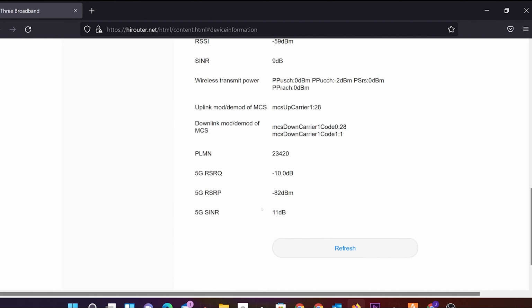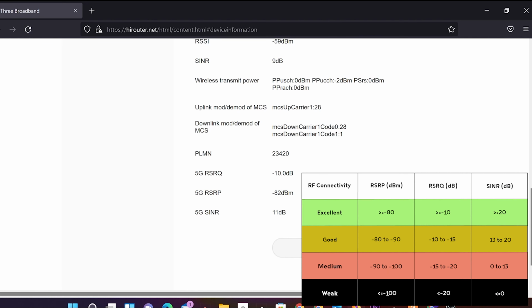Anyways, here you want to pay attention to the values over here: the SINR value, 5G, this is really important, and the RSP value. These values represent a specific margin. I'll show you that here. Basically, anything 20 or closest to 20 for the SINR, and RSP closest to 80, so that's minus 80 by the way. Anything lower than minus 80 is great as well, but usually it's around minus 80, so that's pretty good